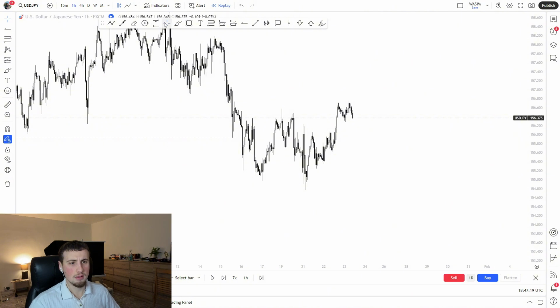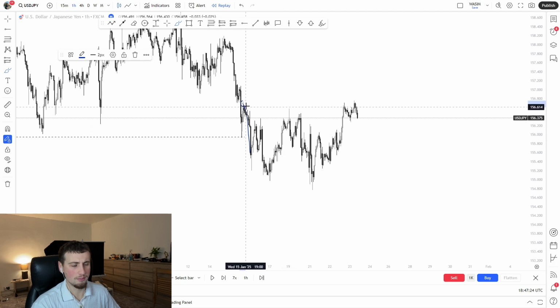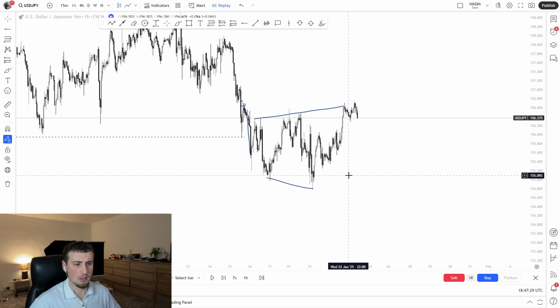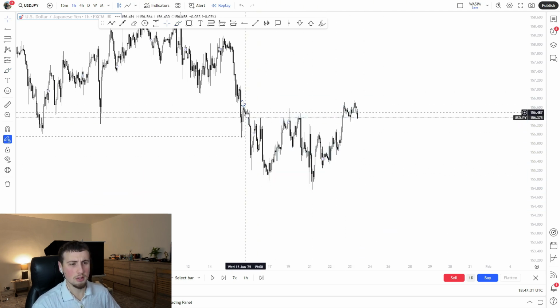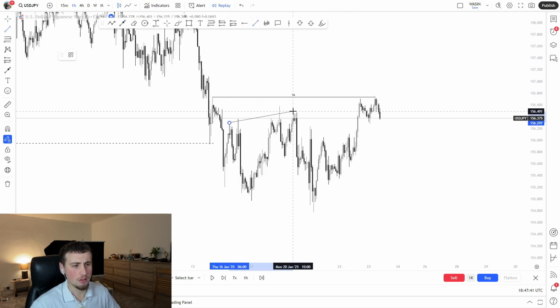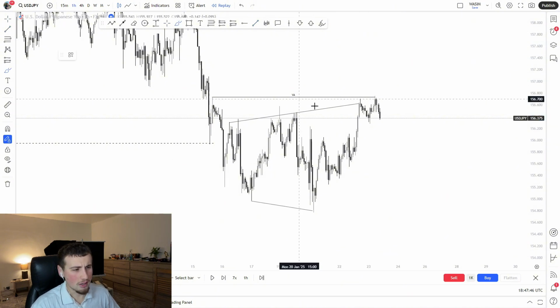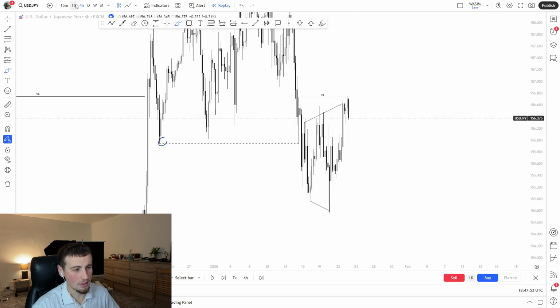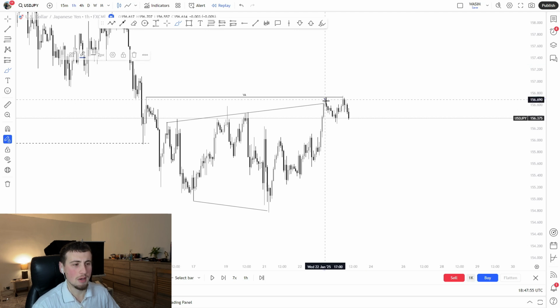Well, we can see that price sold off and broke this value area with this hook point. We then have this 1, 2, 3. Now, if I draw this a bit more accurately, you can see that the hook point is sitting right here. So we can see this hook point. We've got this 1, 2, and 3. Now, why wouldn't you take this right here? Well, because you can see we slightly near missed, and on the 4 hour, there wasn't really a valid entry here. So for me, I waited for price to scoot back up, actually tagged the value area, and then I